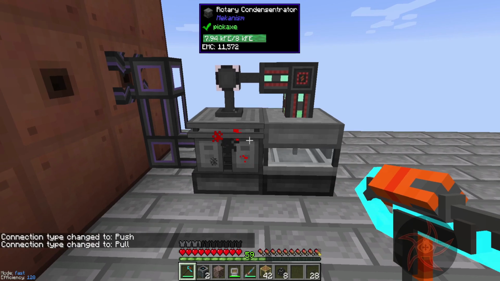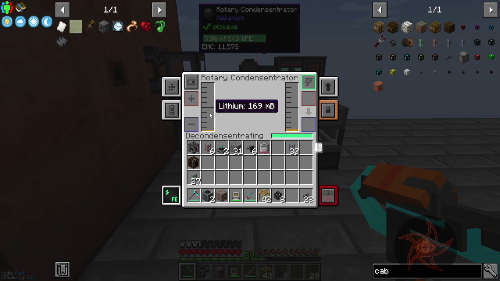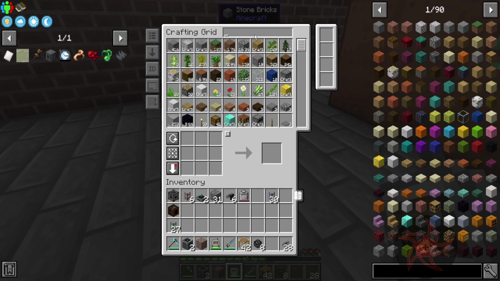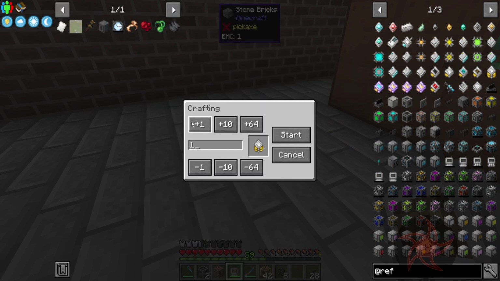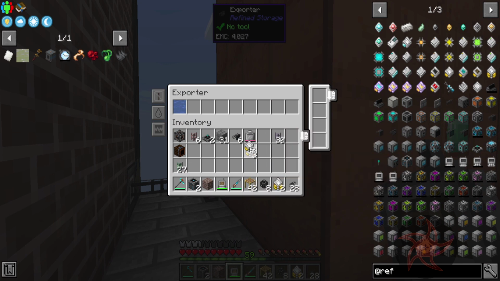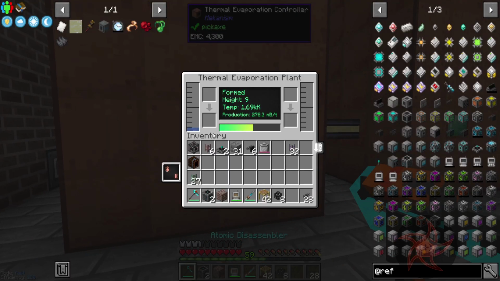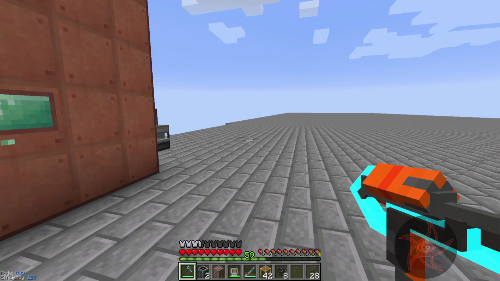And deconcentrate it. Which, so we're turning liquid lithium into lithium now. Let me come over here. And can I get 2 of these? And there we go. And we're generating about 280-ish millibuckets a tick right now. All right, now I just need to get...